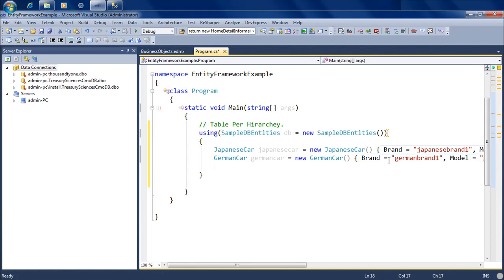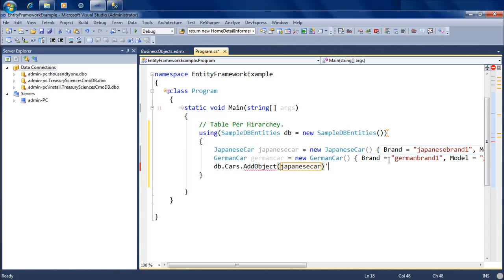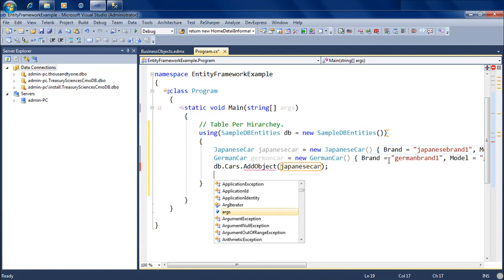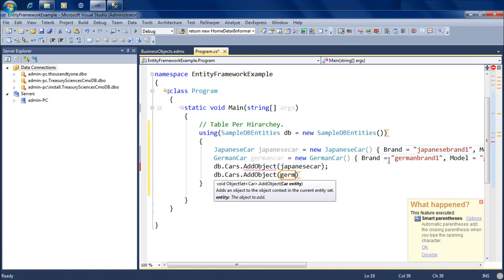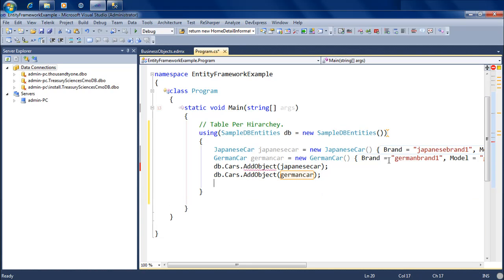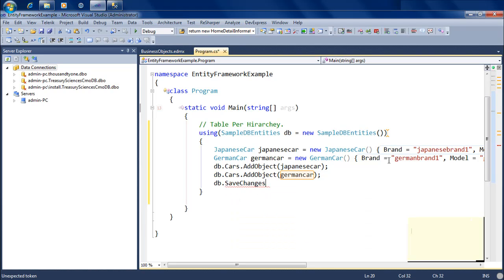What we have is two different car instances created. One is a Japanese car, one is a German car, and now we're going to start storing them inside cars. I'm going to say db dot cars dot add object Japanese car, db dot cars dot add object German car, and db dot save changes, and let's do